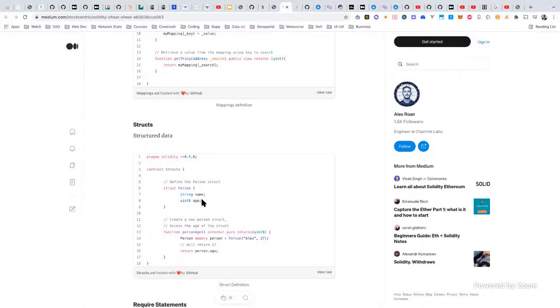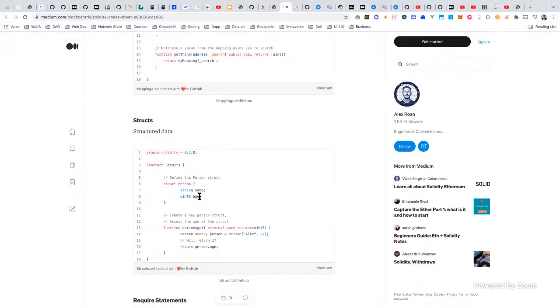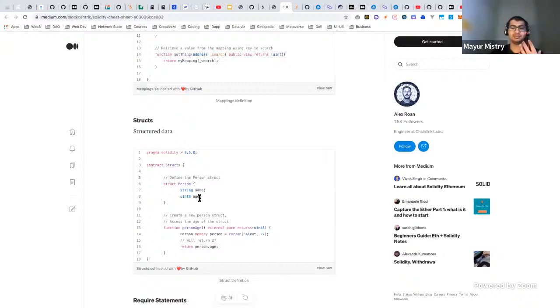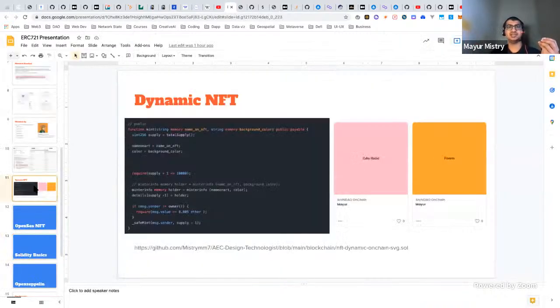Okay, so the next question I have is, if each time I'm customizing for someone, is it going to charge me more gas fee in comparison to when you have the same color for everybody? Yeah, so these are things we are reading from blockchain, so no gas fee. So when, let's say, ArchiDAO is doing a custom NFT variable, similar to the dynamic NFT I was talking about, and I say, let me get a person's name while they're minting, and also the color of t-shirt they want while minting,